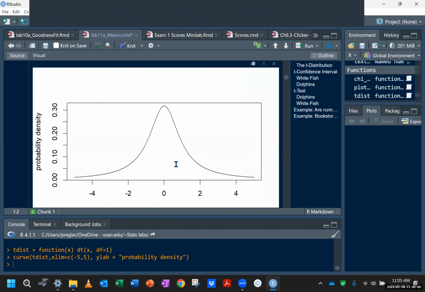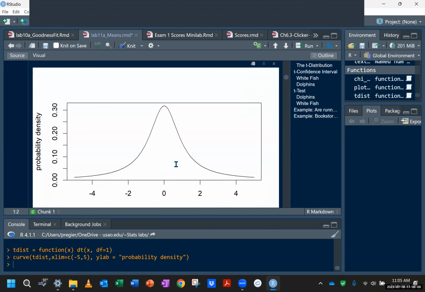And one more thing I'm going to add for each curve I make, I'm going to say add equals true. And this is an argument that allows me to plot lines on top of each other. Okay, so we put comma add equals true inside the parentheses. So careful check on the parentheses. If that runs right, we can see the differences